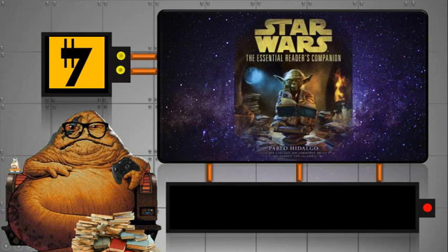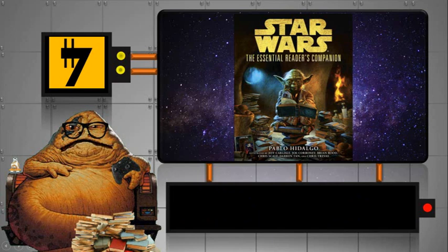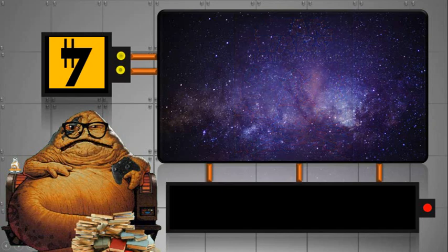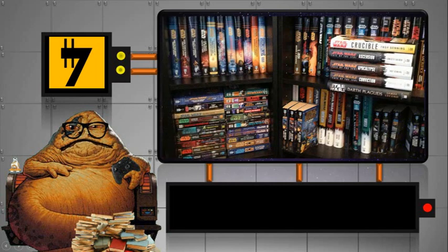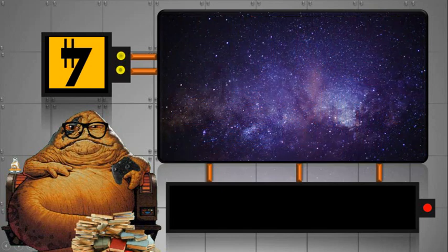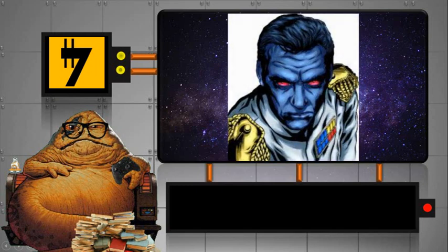The first, I would say, is the Essential Reader's Companion. Now, what this is, and it's a big fat one, is a summary of all of the novels published in the EU. And it's ordered in timeline order rather than publication order. So if you want to learn a bit more about Legends, if you want to know where Thrawn fit in on the timeline, say, compared to how he is in the new canon, if you want to know what happened post Endor,